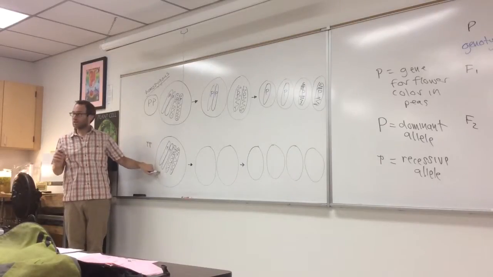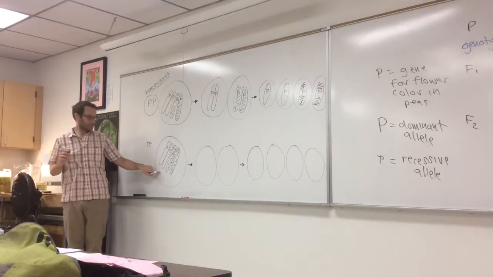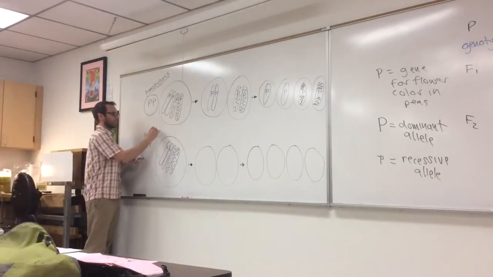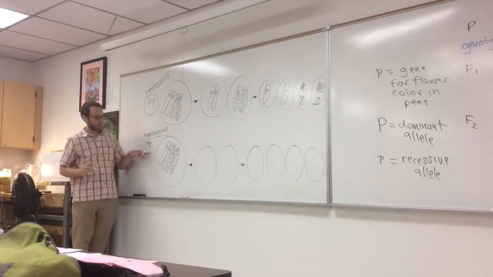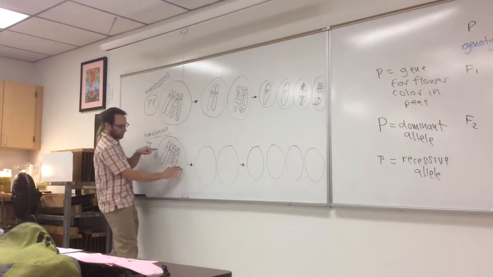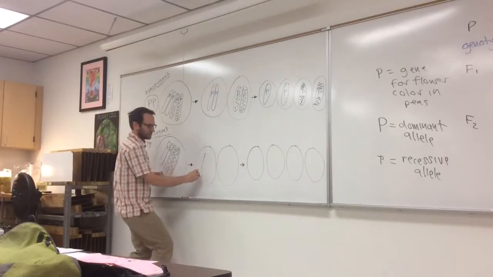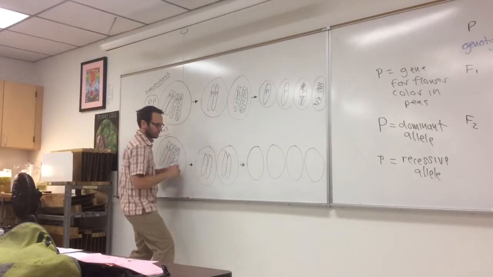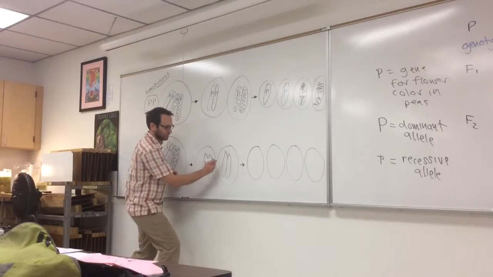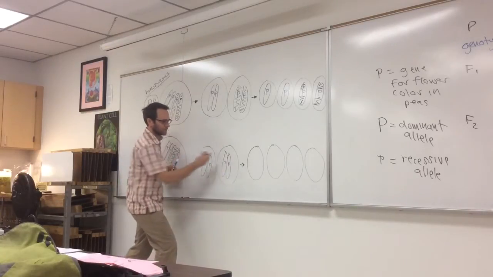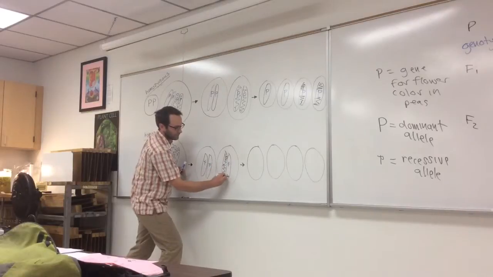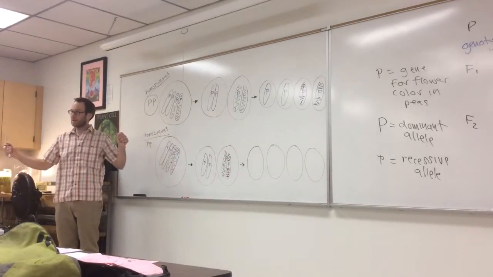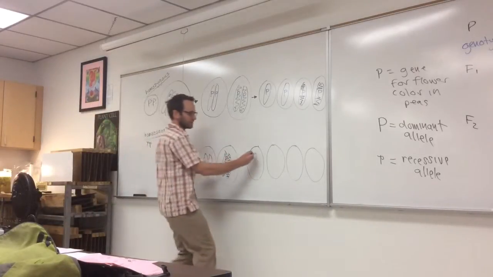And if you follow the white homozygous, well, I'll do the same thing. I'm going to pull apart the pairs of sister chromatids and divide the cell. And then I'll divide them again, and we should end up with